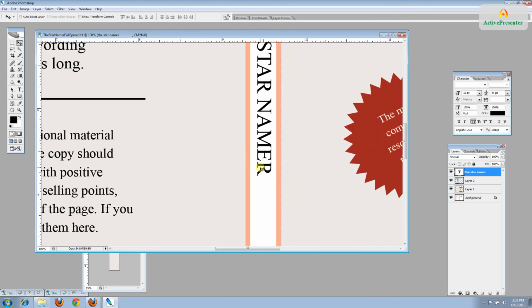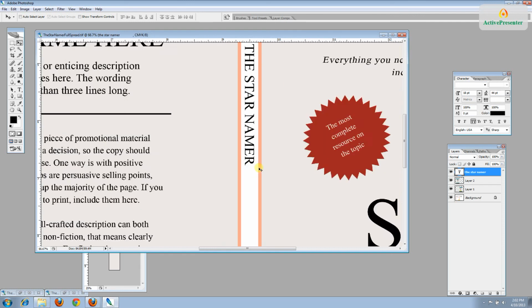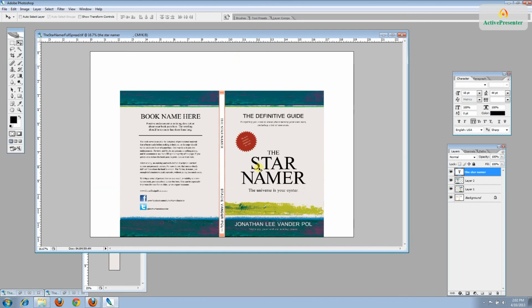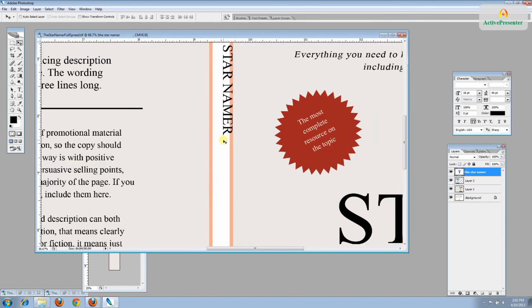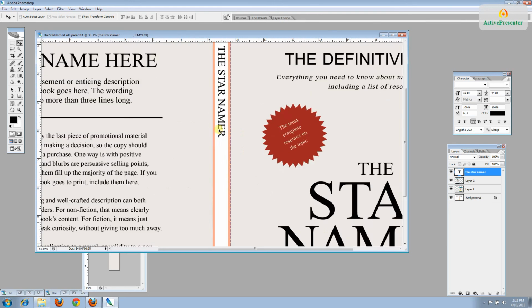So we'll go ahead and center this up. I like to zoom way in to do that and select the Move tool. So it's kind of centered between the two orange bars. And here now it looks like it's scooted a little further down than I want. So I'm going to move it up, and then I'm going to have to recenter it between the orange. So I can do that more easily by zooming in. Okay,